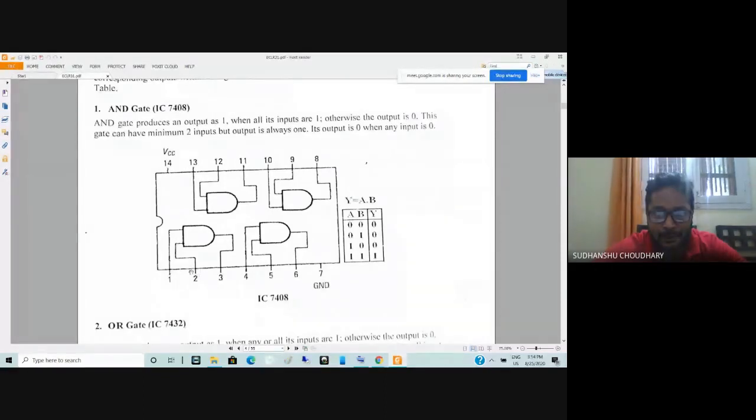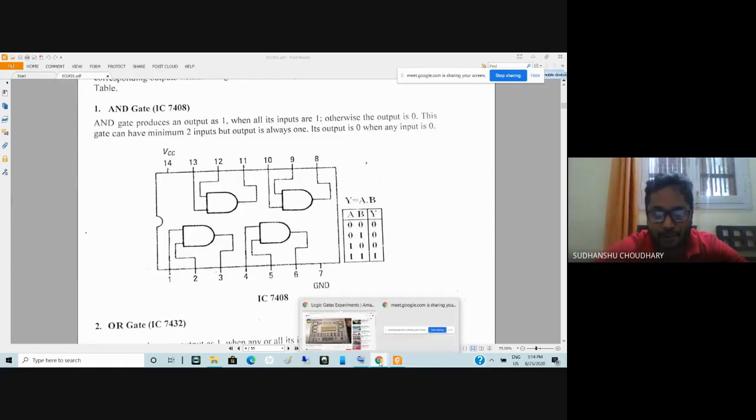So those inputs may be 1, 2. I'll call it A, B. Right. So this is the truth table of this AND gate. So I have to verify this. I'll simply connect 1, 2 to A, B, two switches, and then I'll keep on turning the switches on and off and try to create this input pattern, that is 0, 0, 0, 1, 1, 0, 1, 1. And based on these inputs, I'll verify the output Y, which would be 0, 0, 0, 1 for these input states. Yeah? So you'll have to change the input states via those switches.